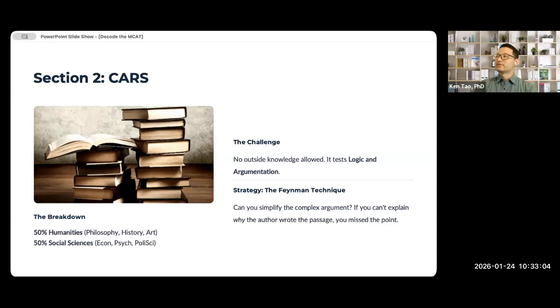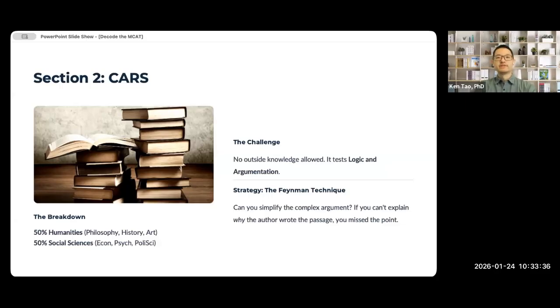So if all you're doing is a lot of CARS passages and you have no plan, you have no strategy, how do you expect to improve, right? And sometimes you'll hear from students this advice that I don't think is very good, which is you just have to do a lot of practice and eventually your score is going to go up. But again, if you keep punching the wall every day, what do you expect to happen? It's not like you're going to become the Hulk and be able to smash through the wall, right? So,